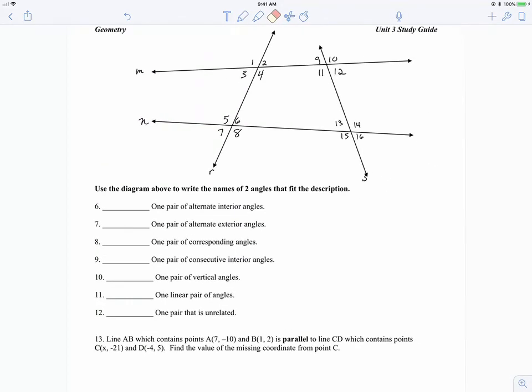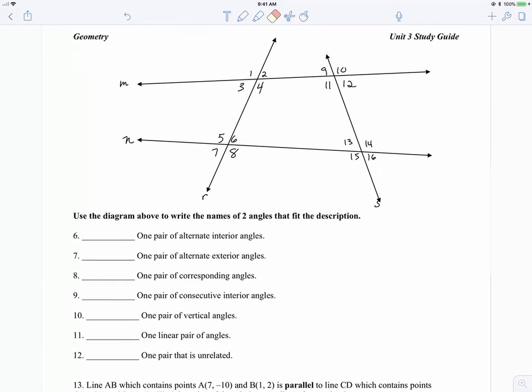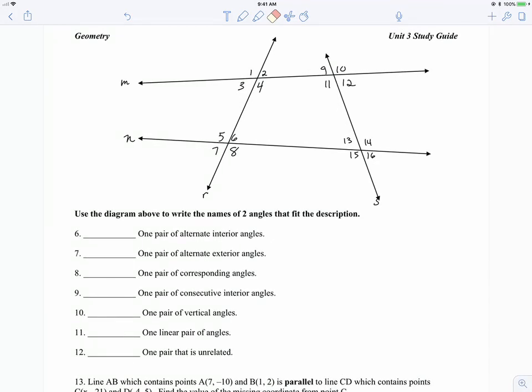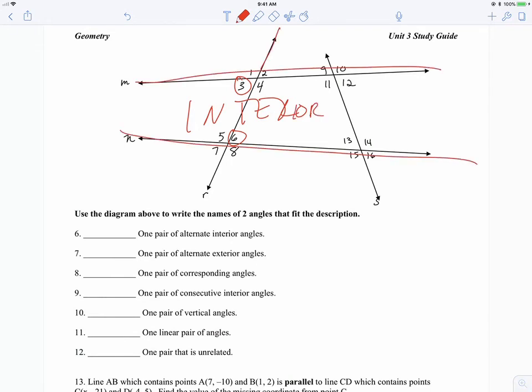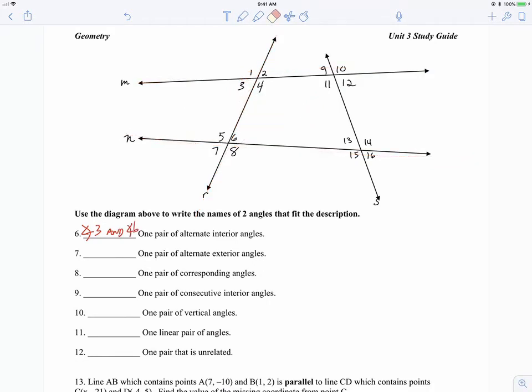All right, let's try the next one. There are many answers for each one of these. I'm just going to give you one example. One pair of alternate interior angles, 3 and 6. Here's interior of these two lines. The transversal is here, so 3 and 6 are alternate interior. One pair of alternate exterior. With that same set, I can say angle 1 and angle 8, because again, here's my